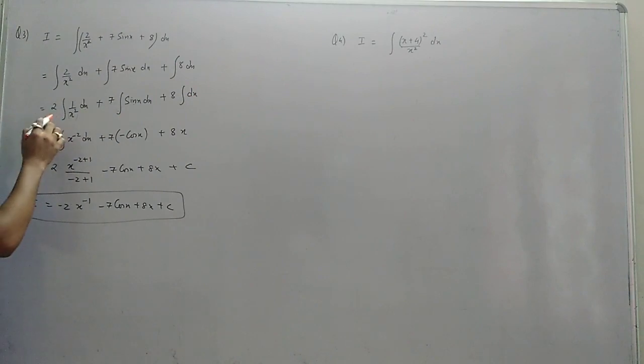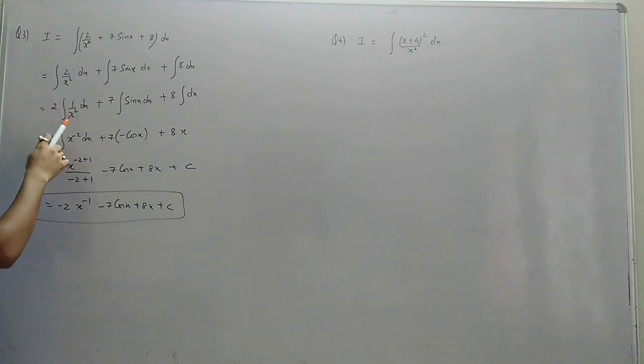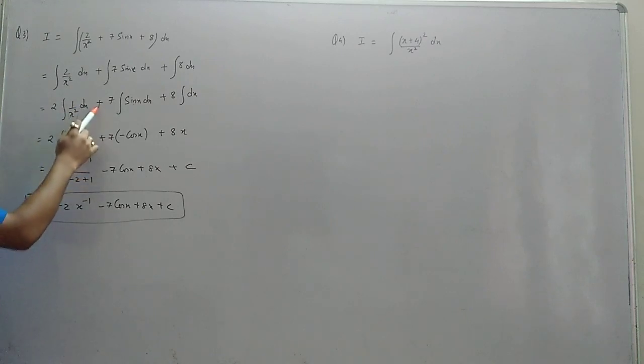Okay. Now you have to see if the inside part is in the formula or not. If the inside part is not in the formula. Formula is 1 by x. 1 by x square is not a formula. So we try to simplify it. The power will go up because of minus 2. Okay, integration. So why is integration still here? Because we are not applying the formula. We are simplifying the inside part. So dx will remain dx plus 7.